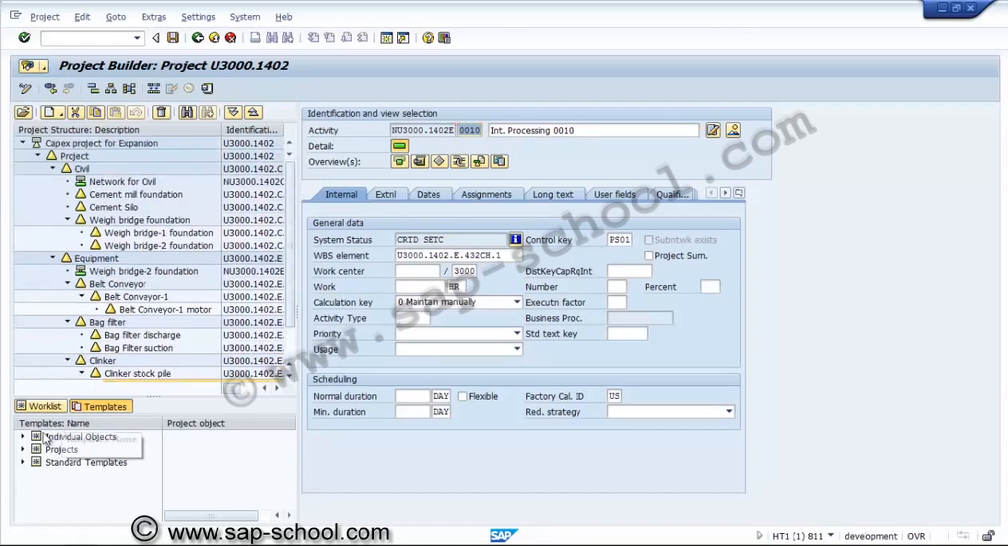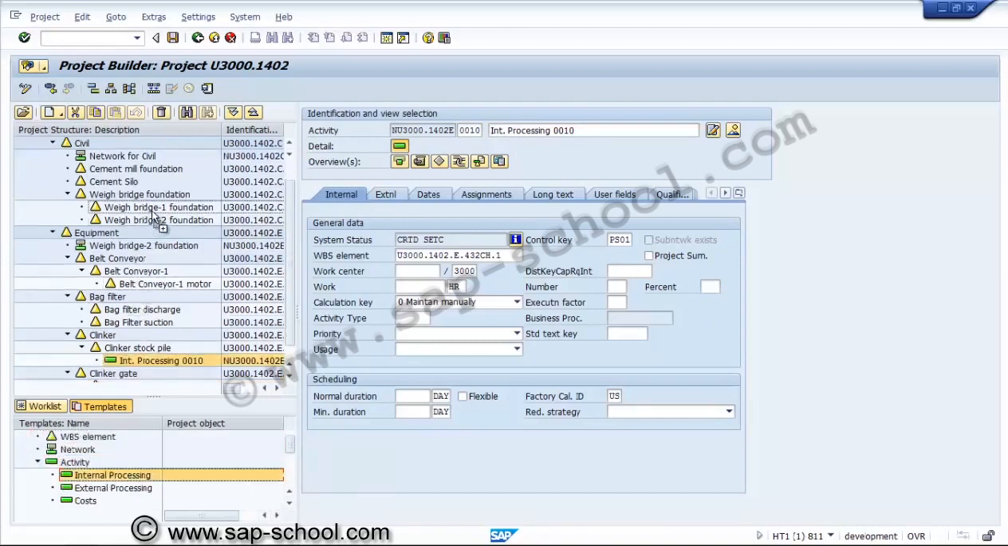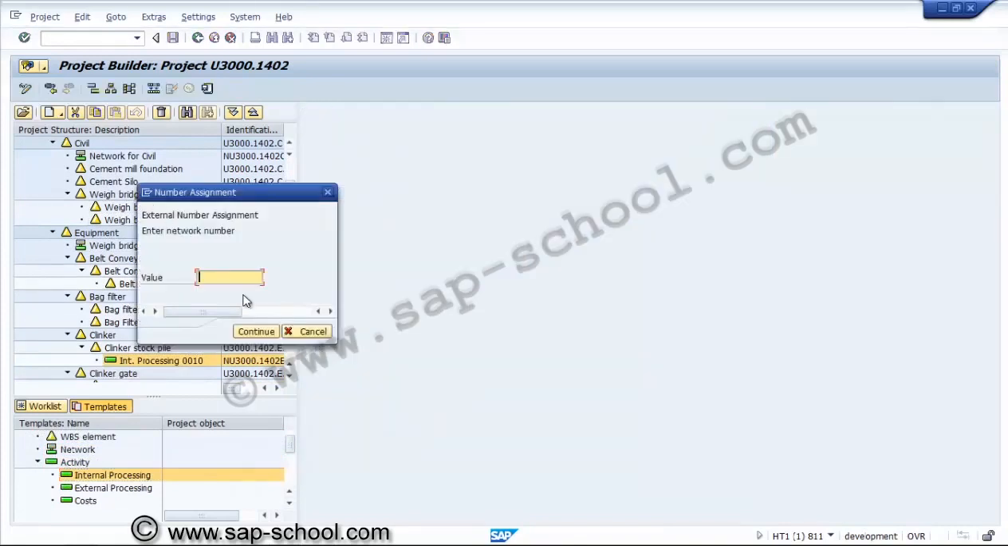So here we would like to create an internal activity. Here we are giving